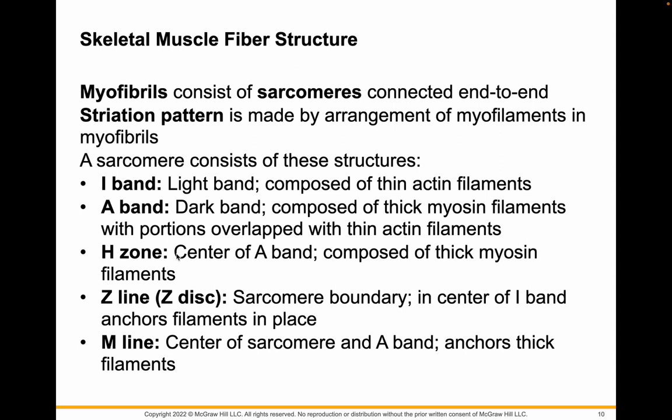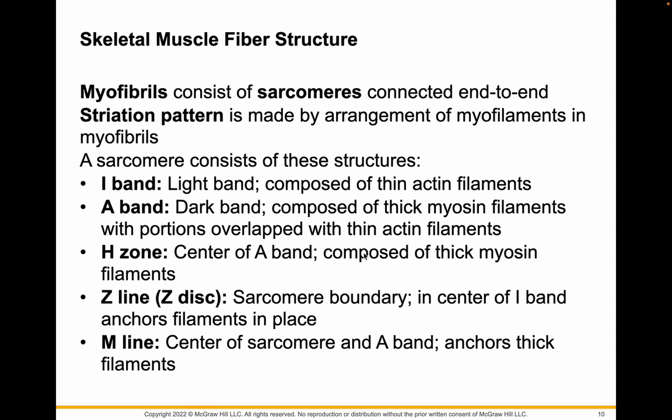Okay, so the I band is a lighter band, and it's just thin actin filaments. They're thin, which makes it look lighter under the microscope. There's not a lot of stuff there. The A band is the dark band, and it's made of the thick myosin, and it overlaps a little bit with the thin. The H zone is the center of the A band, and it's just the thick filaments, no